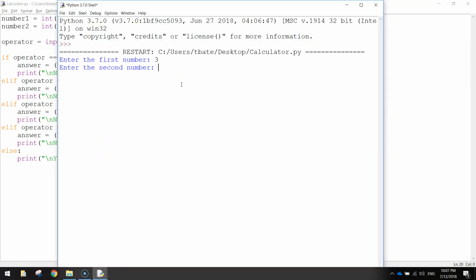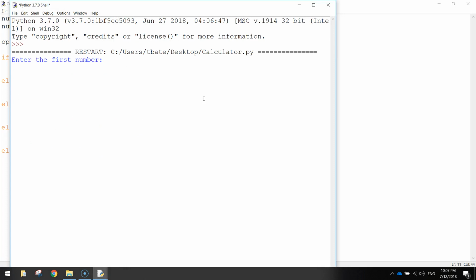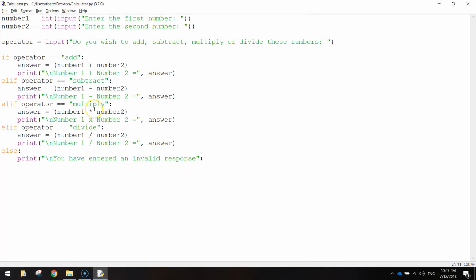So 3, 4, multiply. Oops. And we get number 1 times number 2. Yep, 12, that's all looking good. And one last test, so we'll put in 20, and then 5, and we'll divide them, and we get 4. Perfect. Okay, so our code is working, but what I want to do is just add a little bit more